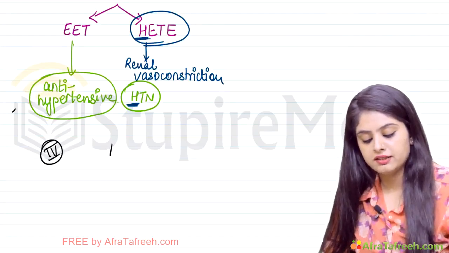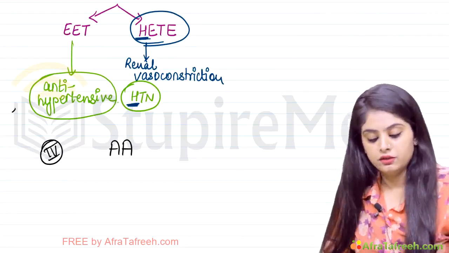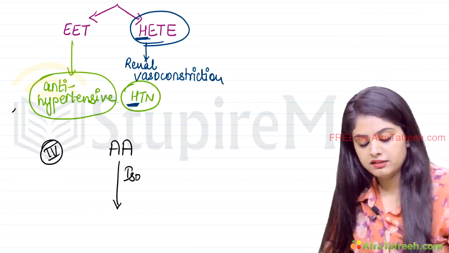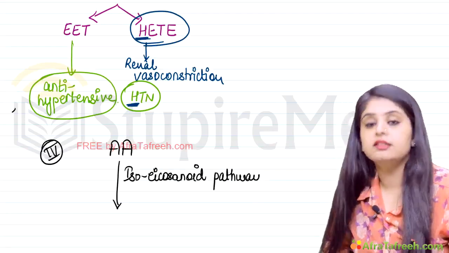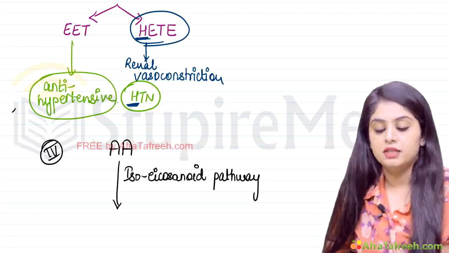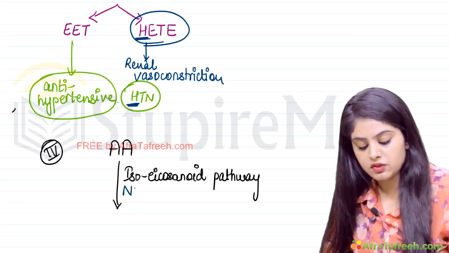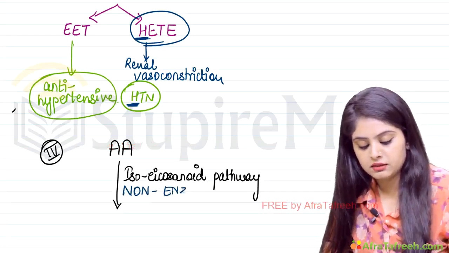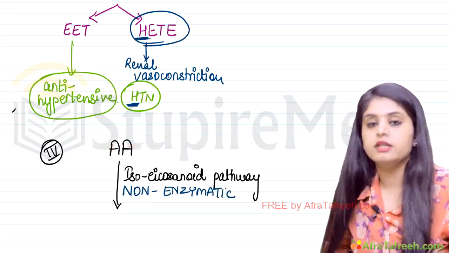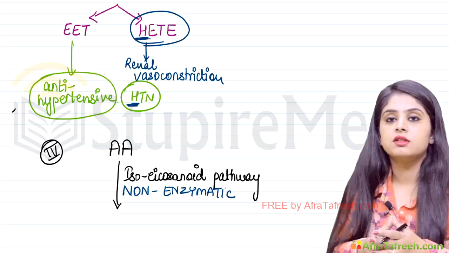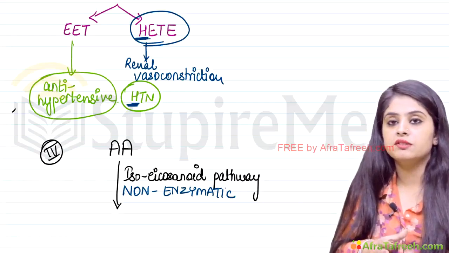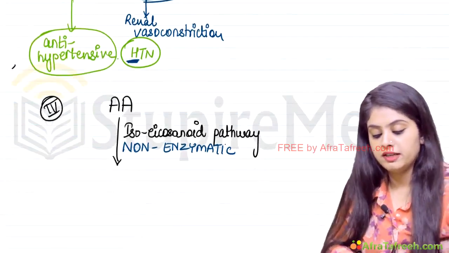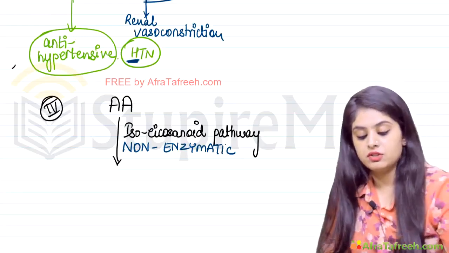The last and the fourth pathway that arachidonic acid can take is known as the iso-eicosanoid pathway. And thankfully, this pathway does not have any enzyme. This is the only pathway which is non-enzymatic. The conversion of arachidonic acid till now was either because of COX, or LOX, or cytochrome P450 epoxygenase. But now it is not because of an enzyme, and this non-enzymatic conversion results in the